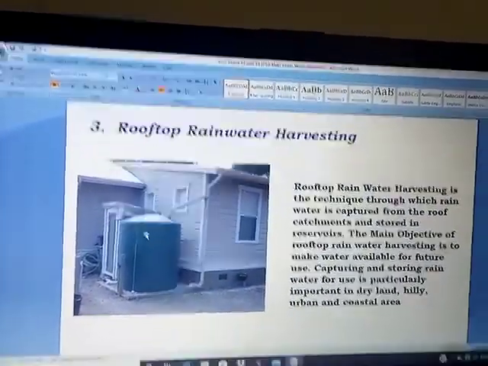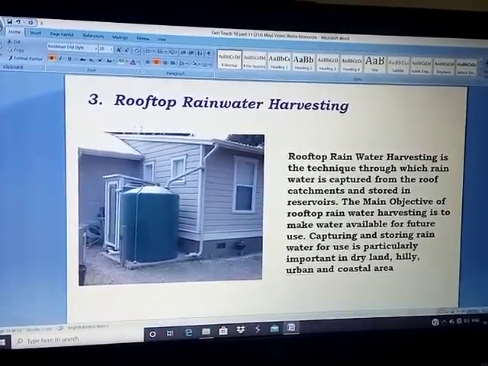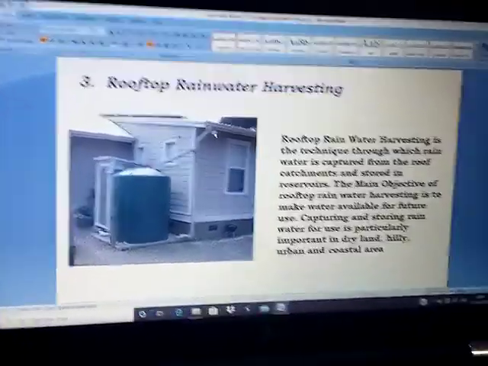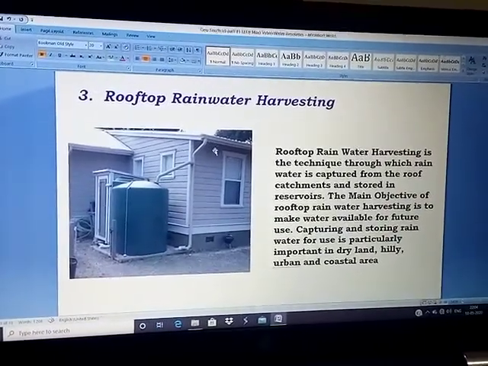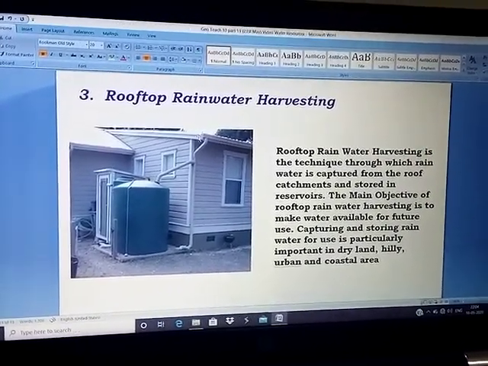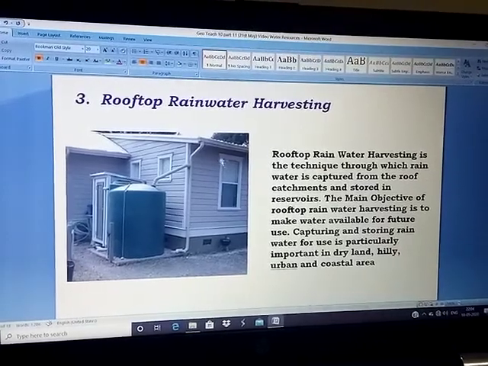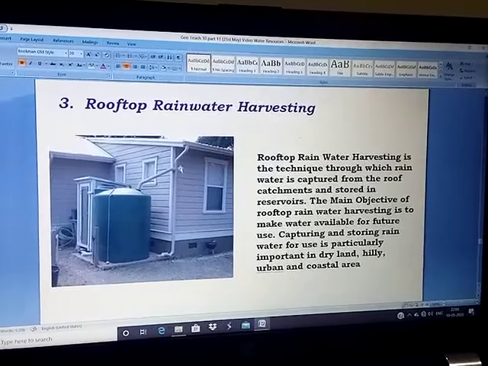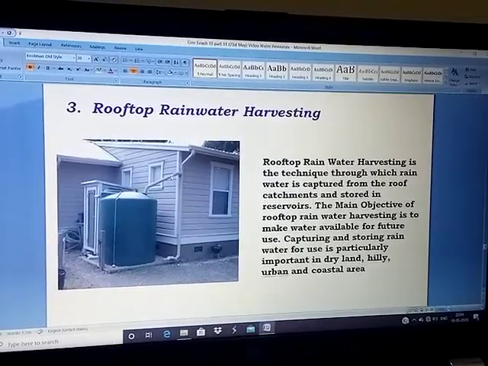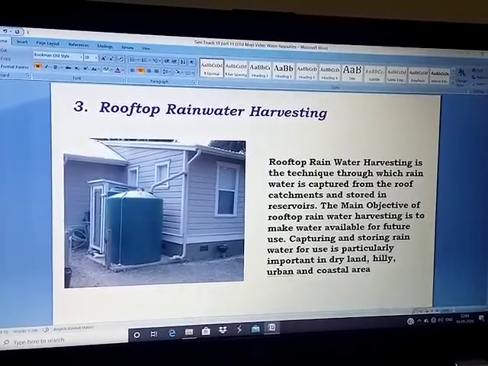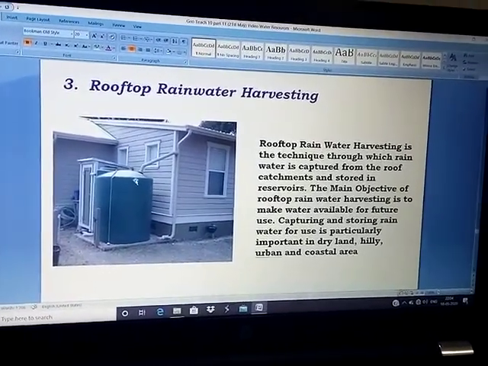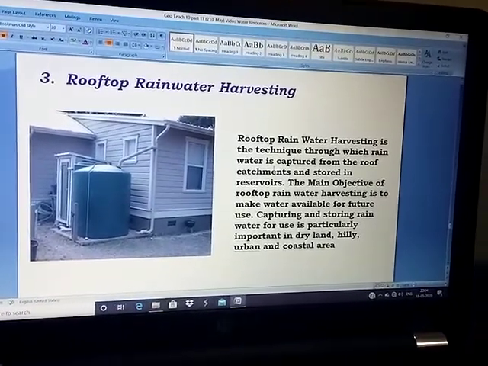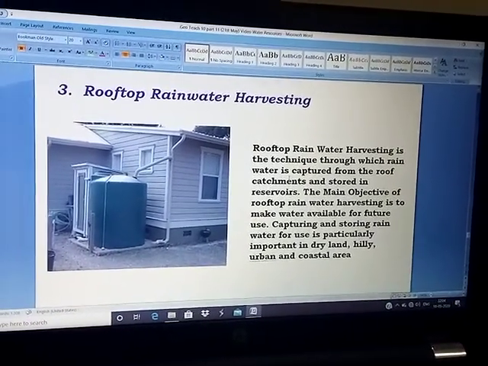Can you see here in the picture, these roofs can be made of asbestos, of tin, of tiles, or concrete, but ultimately it will be arranged in such a way that the water that drains out directly from there will be fitted so that through a pipe it will come down to a reservoir called a tank, or whatever you call it. So rooftop rainwater harvesting is a technique that is very popular nowadays,